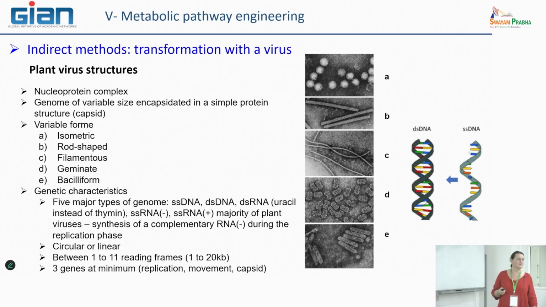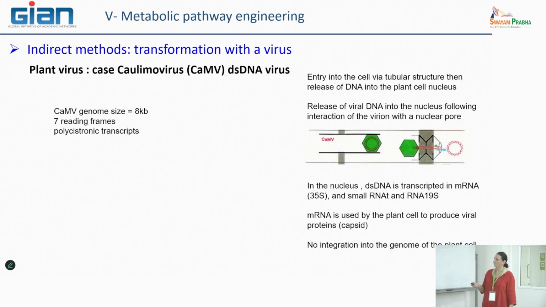And the main proteins they are able to produce are capsid proteins, which make the external envelope of the virus. At the minimum, you have 3 types of genes: one for capsid protein, but also 2 other genes that encode enzymes that permit replication of the DNA and also movement of the virus from outside to the cell. So there are at least 3 types of virus that are well known and were used for biotechnological management.